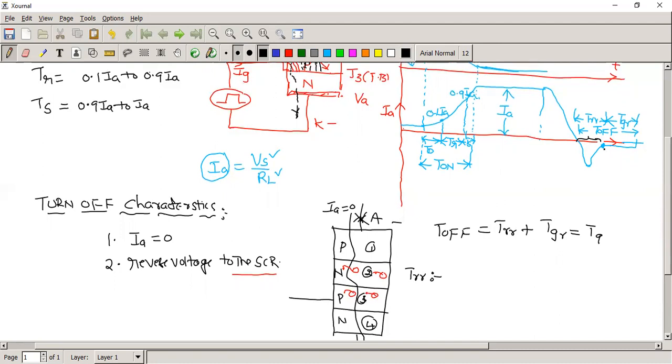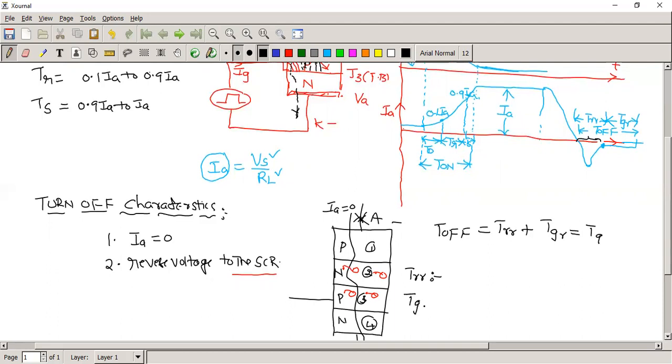Now from this point to this point, the charge carriers in the inner two regions undergo recombination. We made a recombination between the electrons and holes so that we get stable atoms inside the device. So no charge carriers will move in the device. In that manner, the device regains the blocking capability.